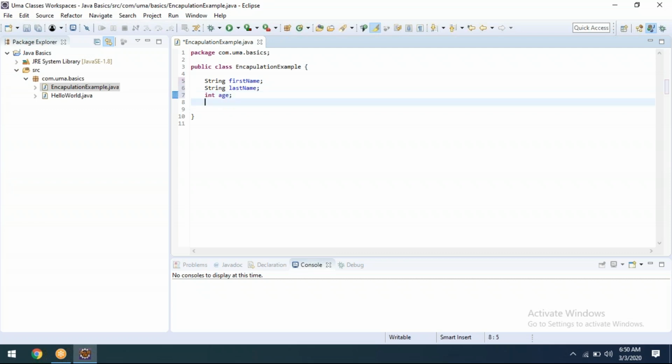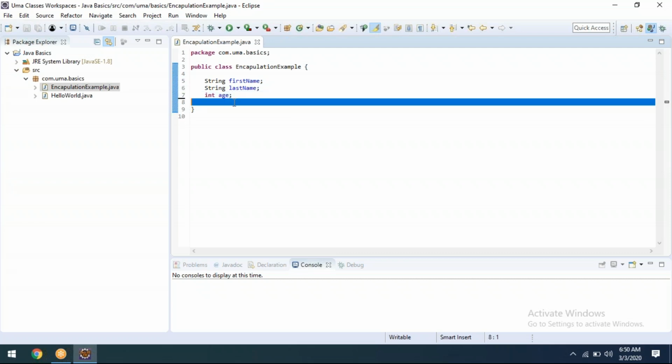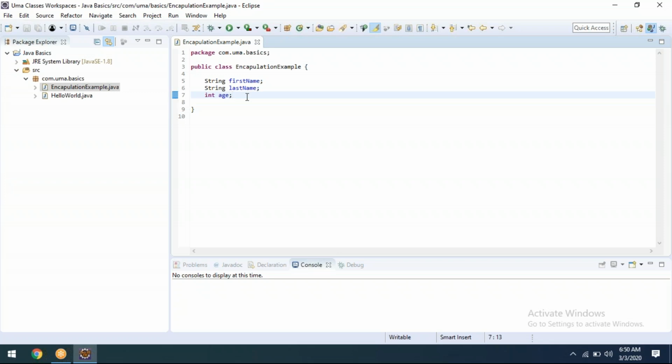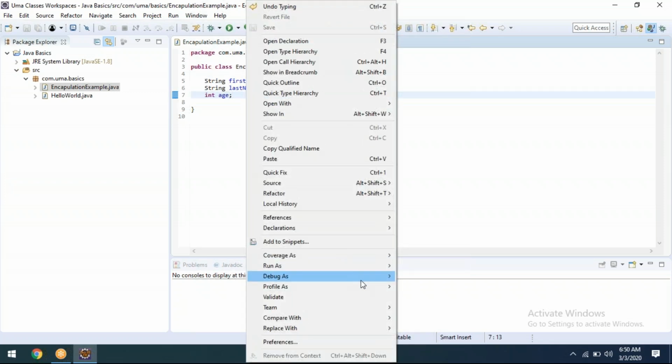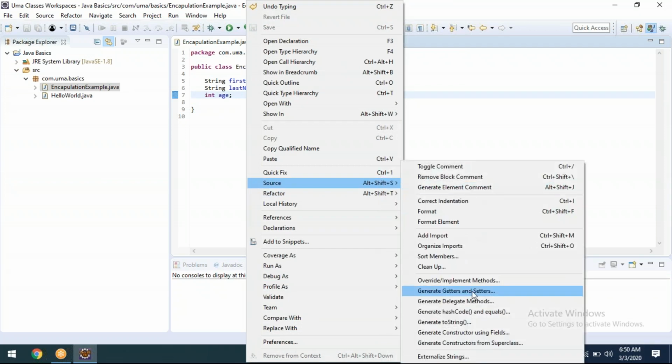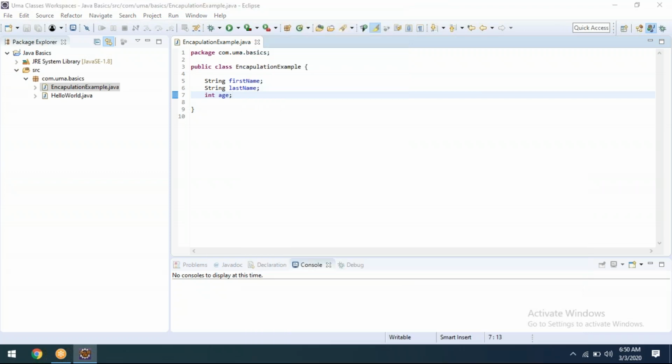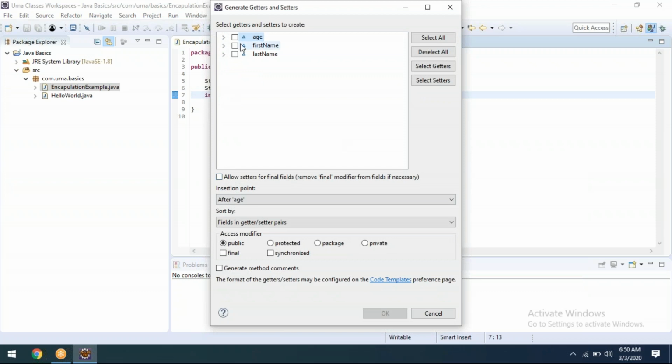Now, what we'll do is right-click, and there is Source. Inside that, there is an option called Generate Getters and Setters. Here we need to select all three, and it should be public.